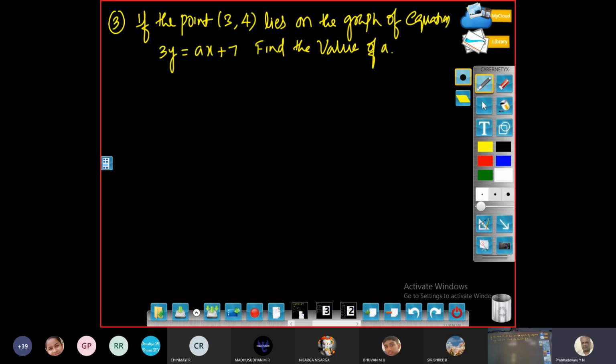So now look at this question. If the point (3, 4) lies on the graph of the equation 3y = ax + 7, find the value of a. A very simple question. The given equation is 3y = ax + 7. Since the point (3, 4) lies on